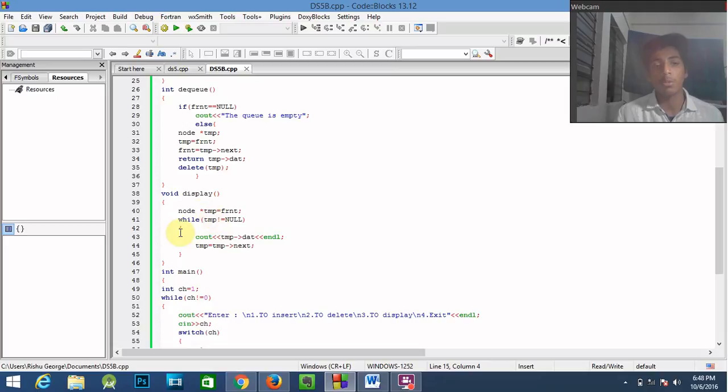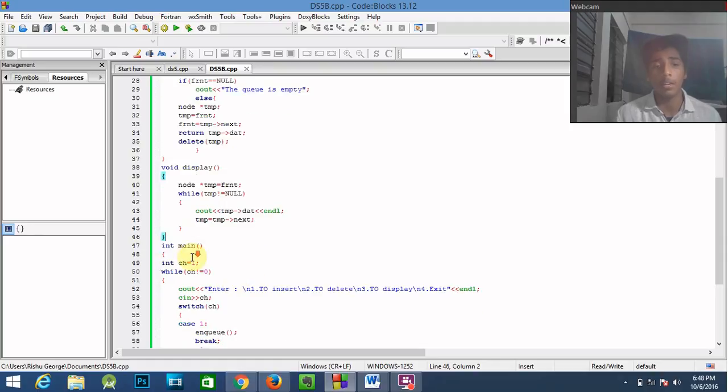For display also we have the pointer variable equal to front, and while temp is not equal to null, we display the data at temp, and the next of temp will be given to temp.